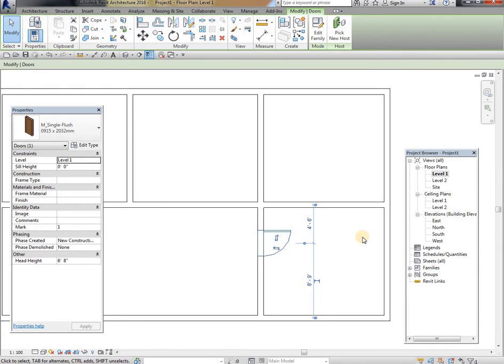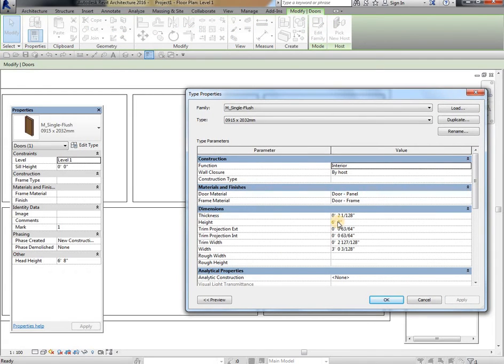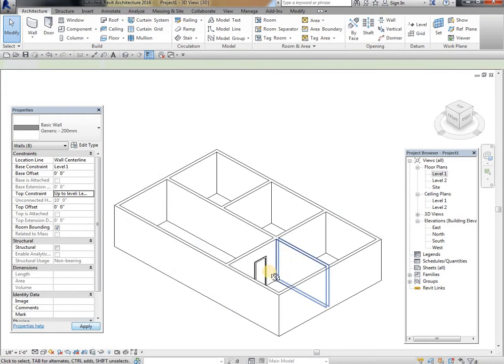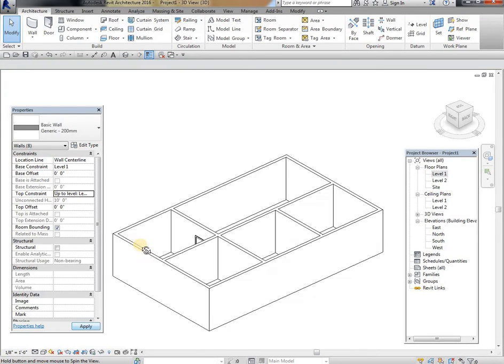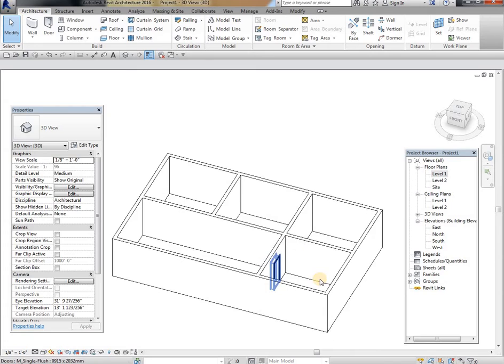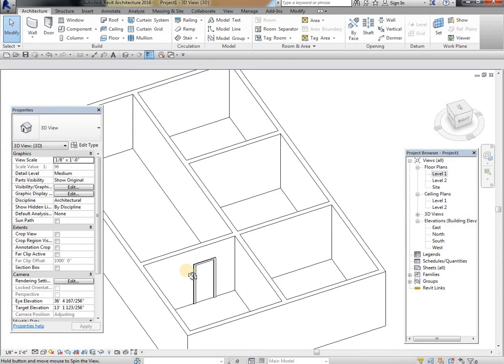This is the editing. Or else, if you need to change any dimensions like width and height, you can go directly to Properties, under Edit, and here we have the height option, which is 6 feet 8 inches. For example, I will change it to 7 feet, and then go to width, that is 3 feet, I will change it to 2 feet 6 inches. Apply. See, the door is placed over here. That is just a simple single flush door.